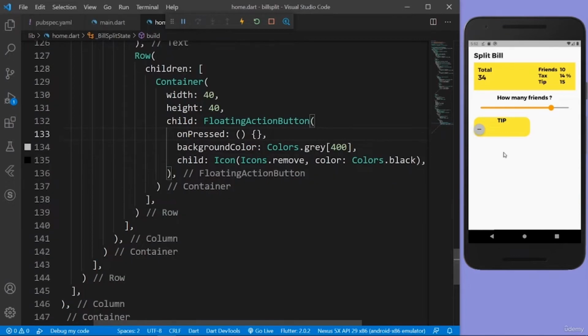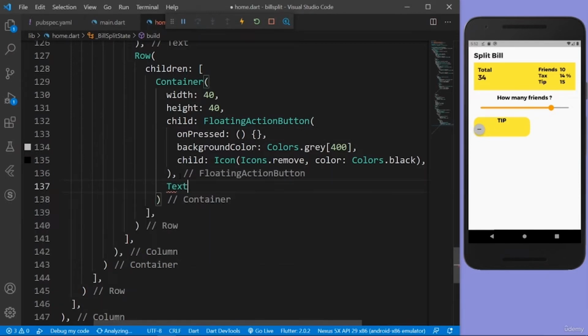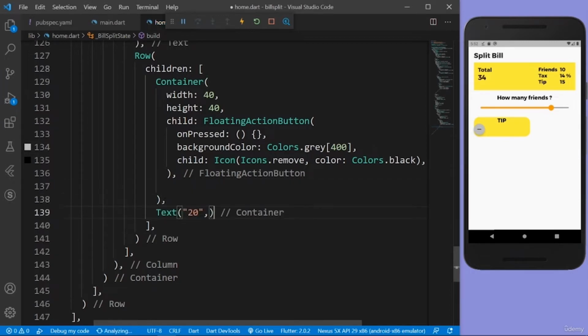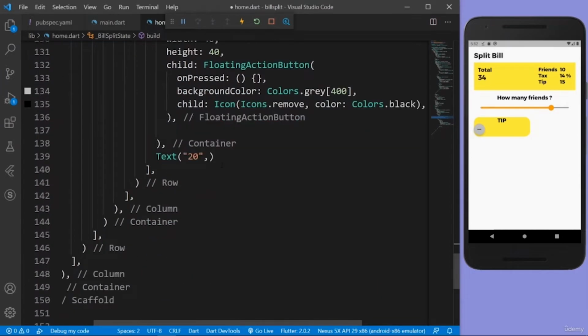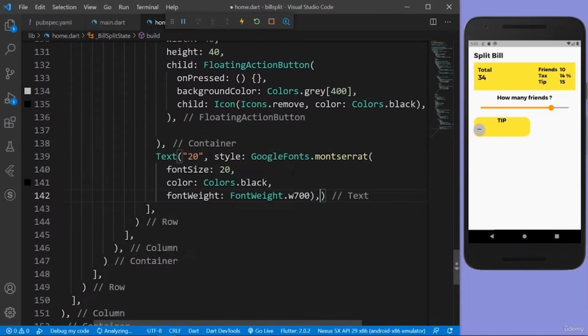And in the center, so next to this one, we should actually have our text widget. So I'm going to say here text widget, and they should actually say how much tip. So for now I'll again say 20, but as said, later on I will change it dynamically with a variable. So let's give again some styling. So let's just take this and paste it over here. So the styling, Google Fonts with Montserrat font size is 27. Kind of want to make it a bit bigger,